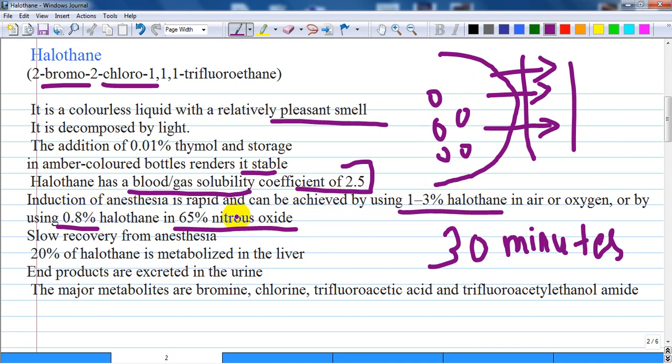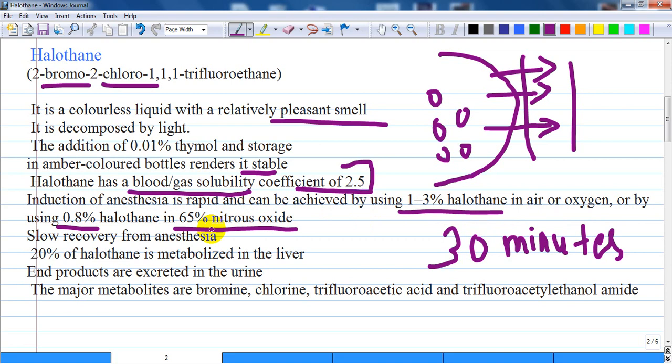Induction of anesthesia is rapid and can be achieved by using 1 to 3% of Halothane in air or oxygen,